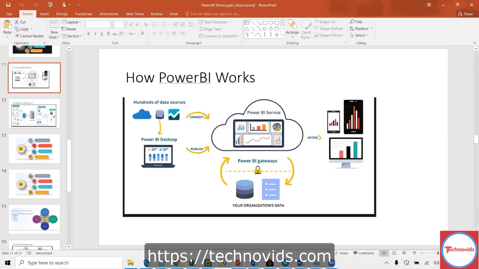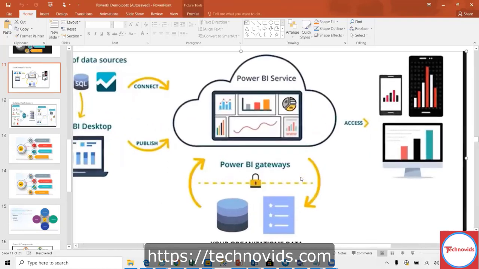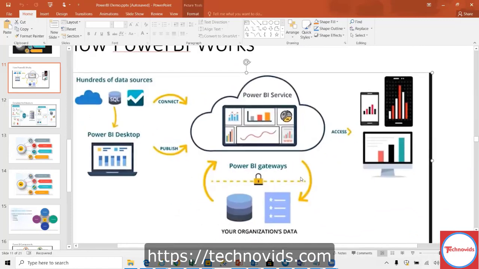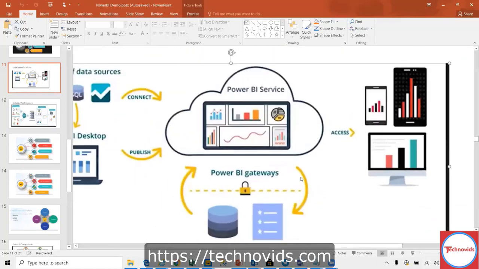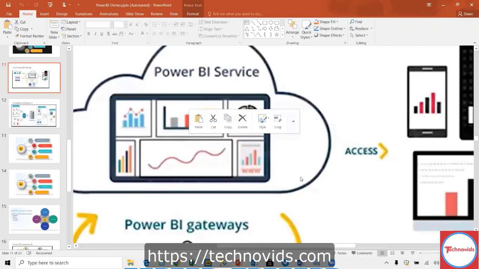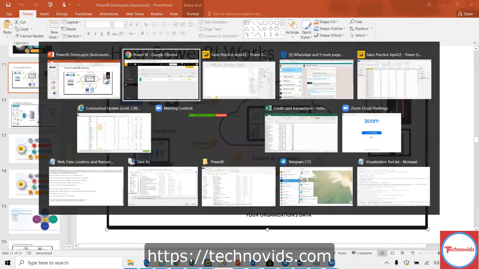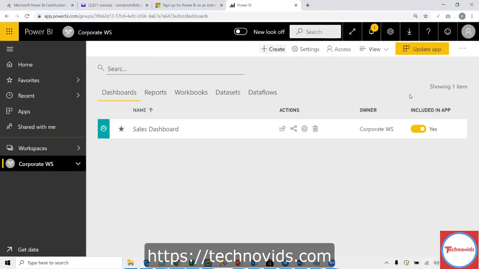Okay, now that URL has to get refreshed, as in whatever underlying data sources, they have to get refreshed from time to time, right? So for that, this gateway is there, whatever you see here, the gateway, right? And the Power BI service will get the data refreshed via this Power BI gateway, okay? And once the data gets refreshed here, then the report also gets refreshed automatically. So now your question is whether it happens manually or not. That's why I showed you that architecture, right? Whether it happens manually or not, it has to be automated, because manually it's impossible to do that, right?